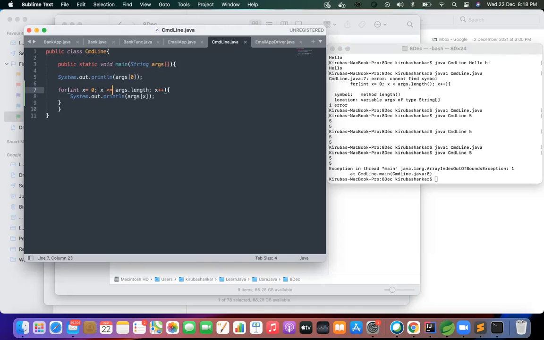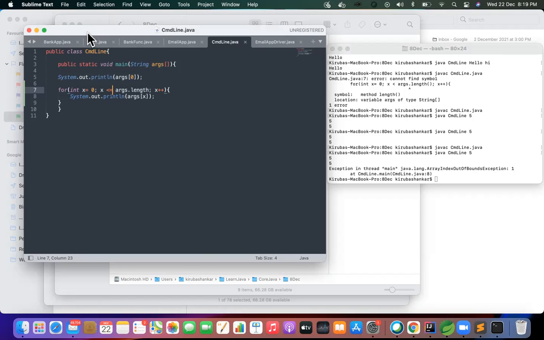But when x is incremented and I validate the condition again, it checks whether 1 is less than or equal to 1. But the actual input which I have passed is only one input, which has only index 0, right? So in this scenario, whenever you try to access more than the indexed values, you'll always get an array index out of bound exception.